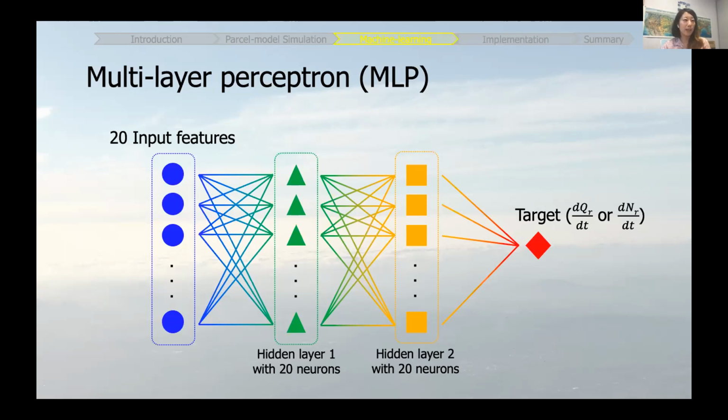So what do I mean by they're connected? Each of those lines actually represents the weight value that's carried by the previous neuron to calculate the next neuron's value. So even though it looks complex, practically speaking, this structure of MLP is a complex polynomial, and that is very convenient for implementing into a weather forecasting model later on. So if you go to the next slide,